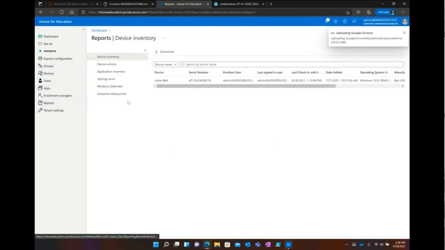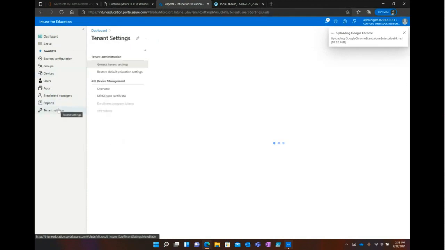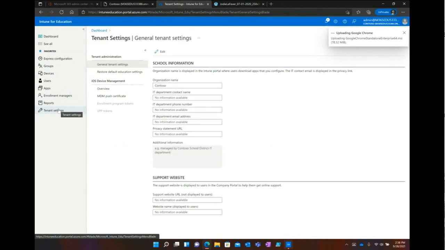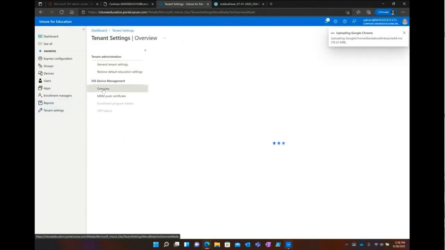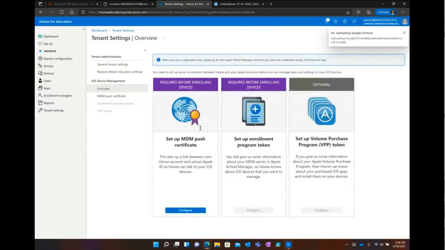We have quite a few reports in here. No, it's not like SCCM. But there are a lot of reports in here, and these are all searchable and downloadable. And I did mention Intune for Education can do both Windows and iOS. So until you come in and actually configure the steps for iOS devices, the settings and whatnot won't show up in the console until this is configured. So that is Intune for Education at a very high level.